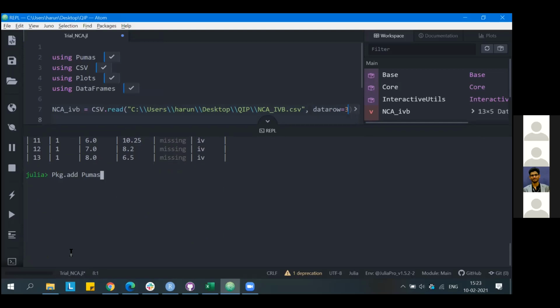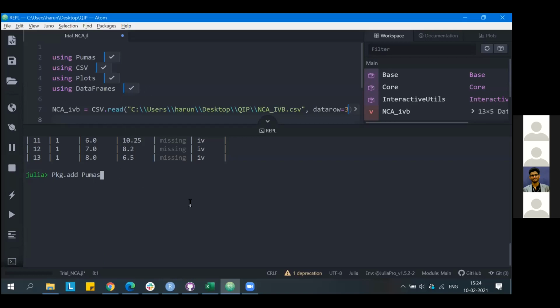Once you execute this, the new package will be added only after you have all the necessary packages installed. Only after that step, you'll be able to use the packages.